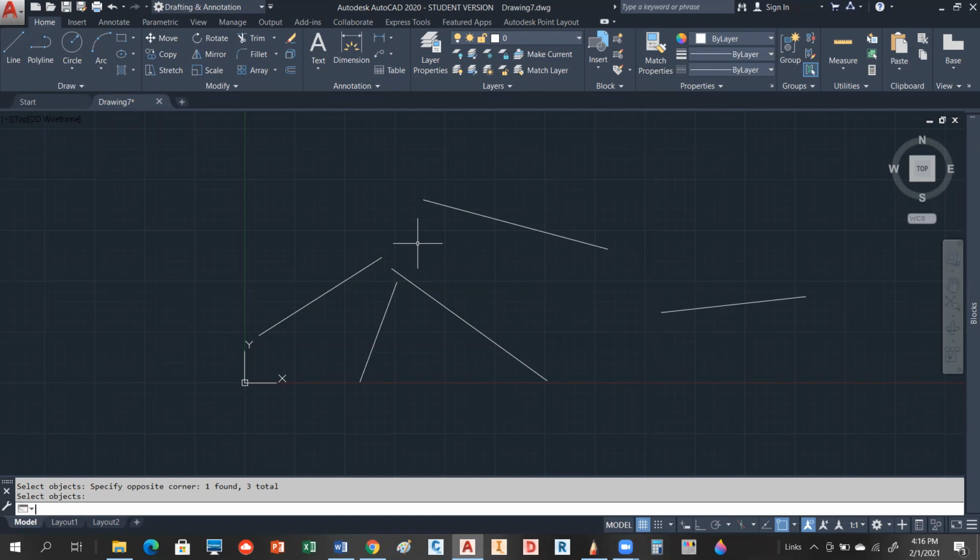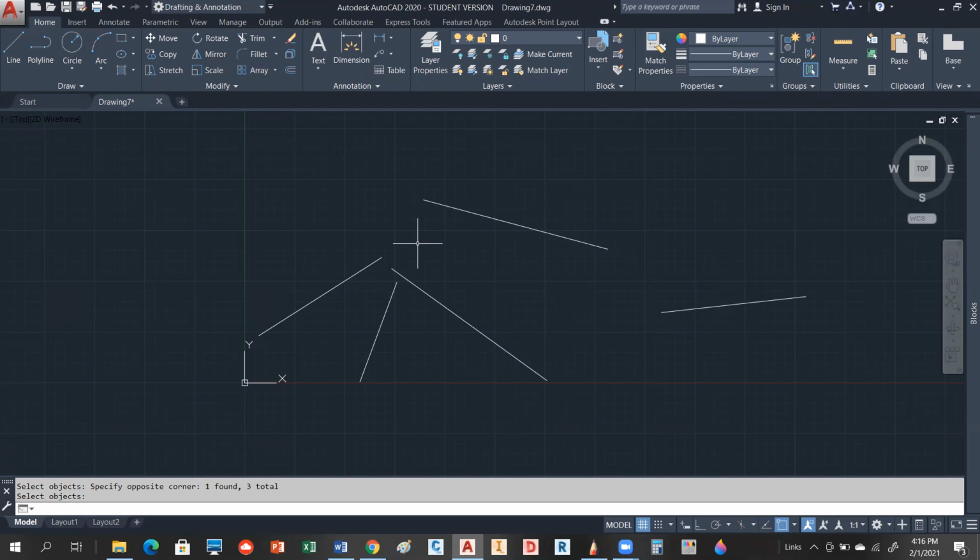Are they gone forever? Does anybody know? No. Could you undo it? You could. So the answer is yes, Nora. They're not gone forever. You're correct. They exist, but this is where that would change. If I save this drawing and close the drawing and open it back up, they're gone forever. As long as you are in the same drawing session that you started in, you can get them